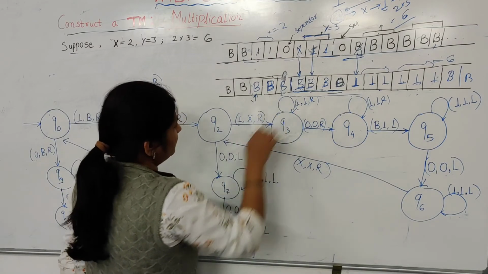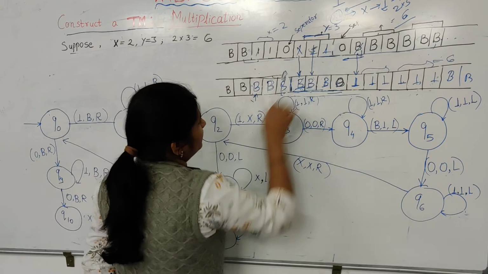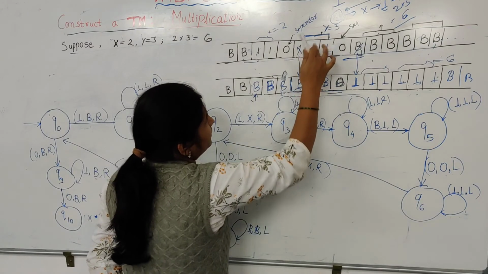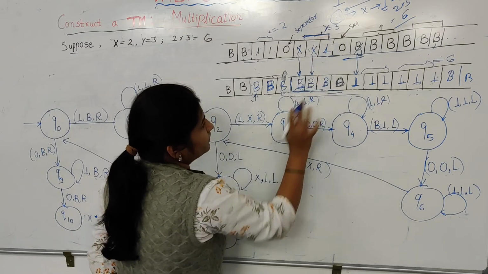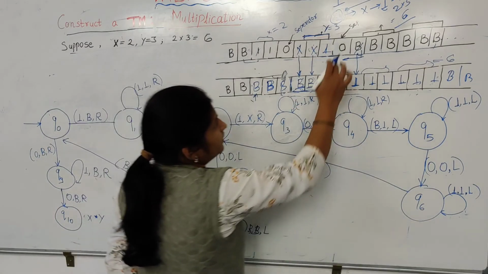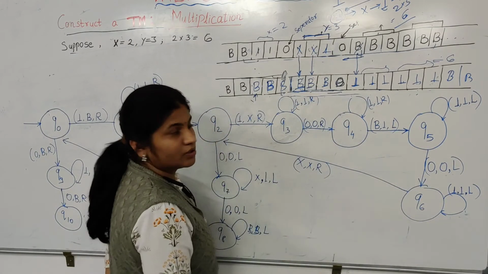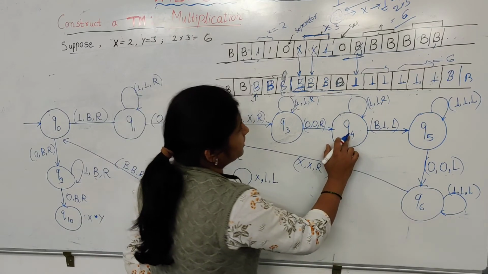Again, when we get from here only, if we get a 1, then we change this 1 into x. Again we had moved, if any number of 1s are there, these 1s will remain same. If the 0 is encountered, then we have to keep it 0 only. We are on the state Q4.